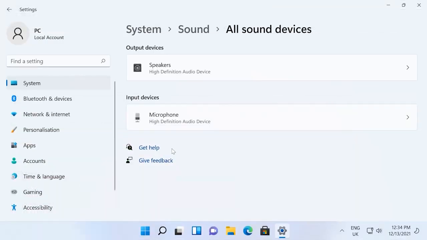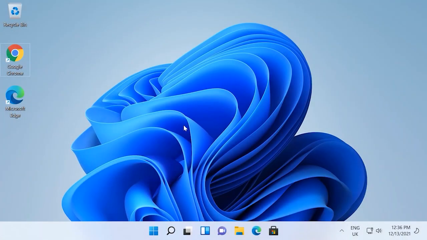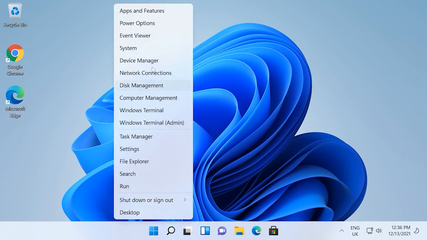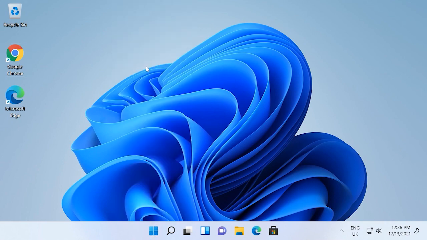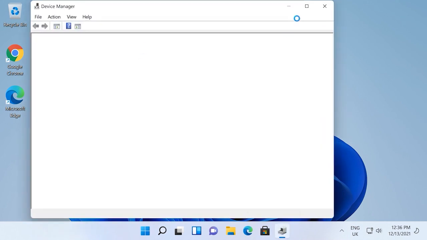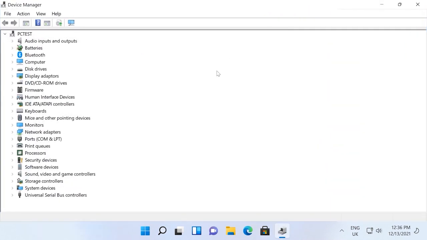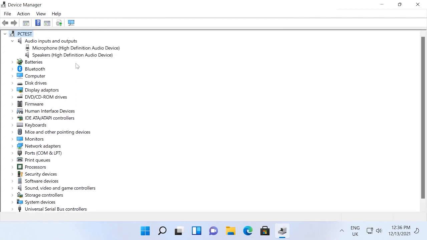If you can't find the mic on the list, make sure it is enabled in the Device Manager. To open it, right-click on the Start menu and choose Device Manager. Expand the section Audio Inputs and Outputs and check if your mic is displayed here. If the mic is listed, but there is a yellow exclamatory mark next to it, try right-clicking on the device,